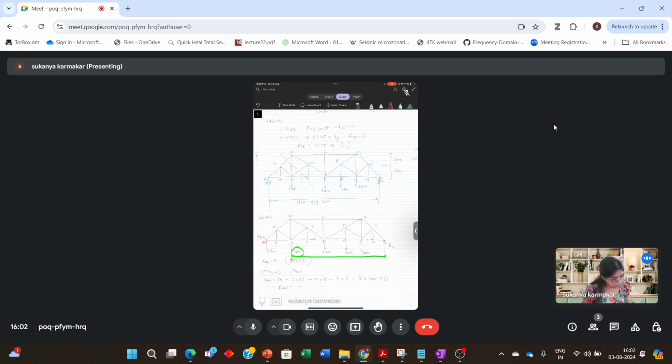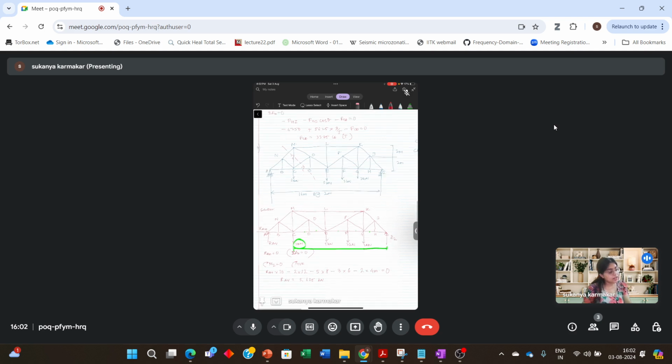So force is 5.625, and this is in kilonewton. Positive means it is in the vertically upward direction, whatever I have assumed. Then,